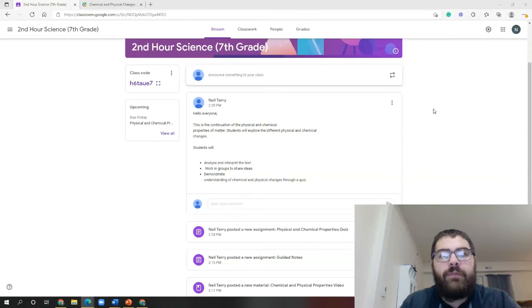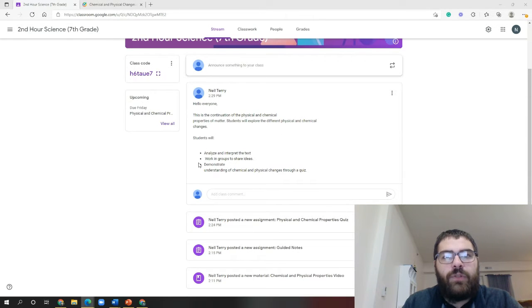The first thing I have here is what we're going to be doing. So the first thing is we're talking about chemical and physical properties of matter. And that's what subject I'll be teaching right away. And this kind of just gives them an overview of what we're doing. We're going to explore the different physical and chemical changes and some student actions here. They're going to analyze and interpret text, work in groups to share ideas, and demonstrate understanding of chemical and physical